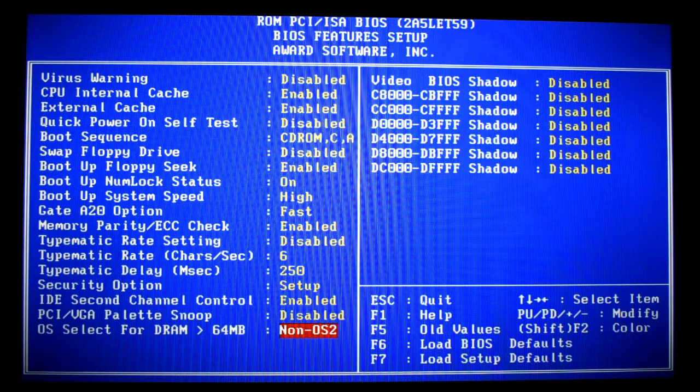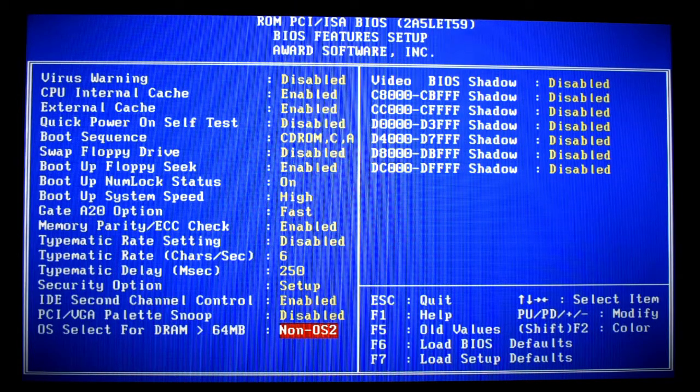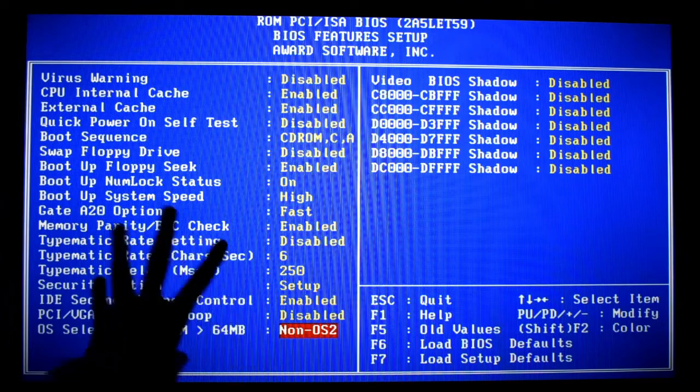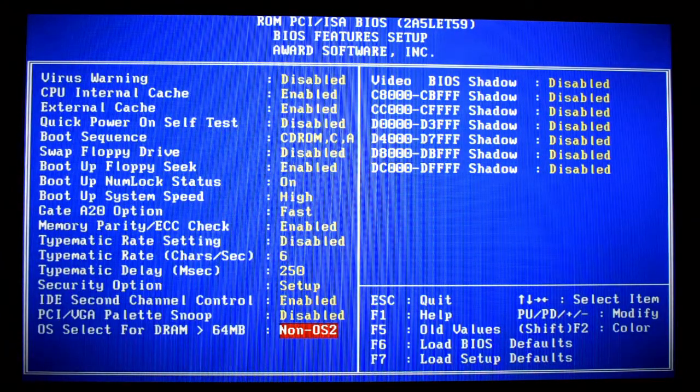Okay, so OS2 is, in case you didn't know, an operating system that Microsoft, this was about Windows 2.0 days. Microsoft was helping IBM make OS2, which they thought was going to be the next operating system, but then Microsoft and IBM had a falling out, and they didn't want to help each other anymore, and they made Windows 3.0 instead, and OS2 actually had Windows 3 in like a little virtual machine. Anyways, video BIOS, shadow,